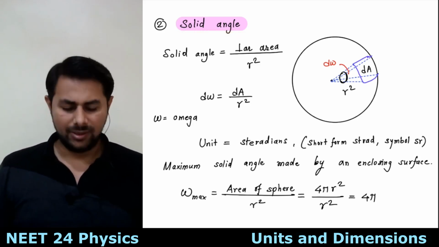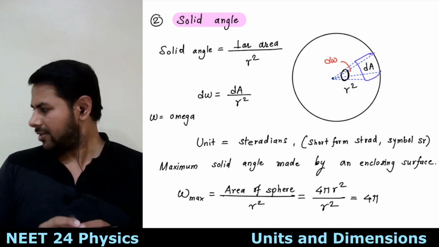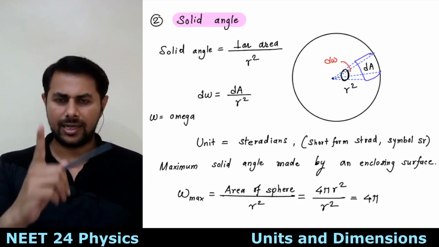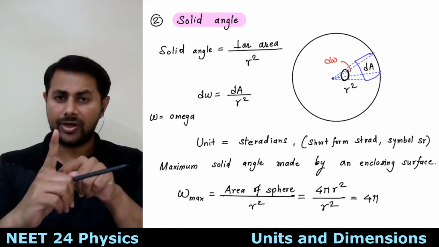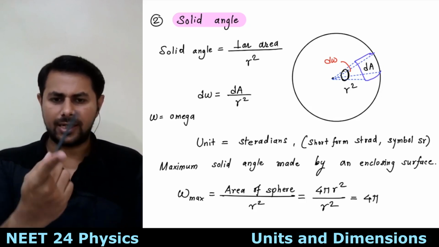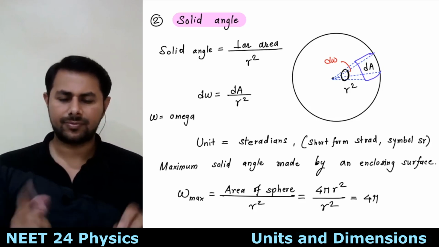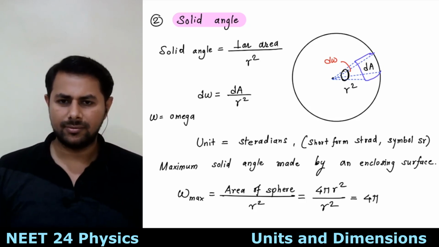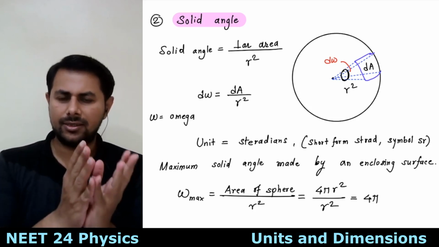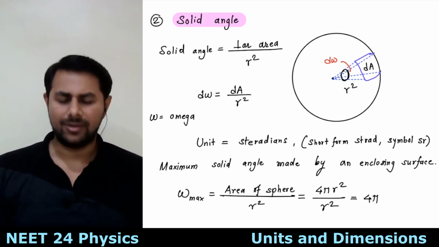Now to think about solid angle, how will you get it? For example, you take this angle like this, and you just rotate. You keep this point, the vertex of the angle, as it is, and you rotate it like this. So what will you get if you rotate an angle by 360 degrees? Think about the shape that you are getting. You get a cone like this, right? So that cone is called a 3D angle. Good, very good. Now the question is how to measure that.